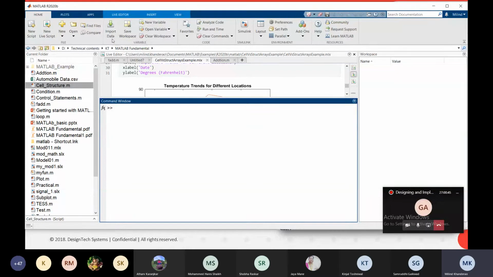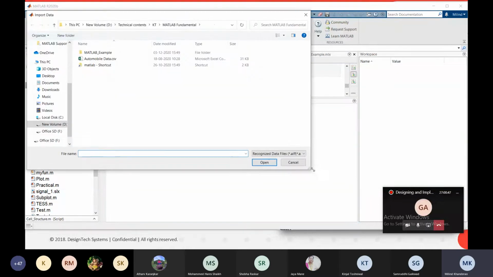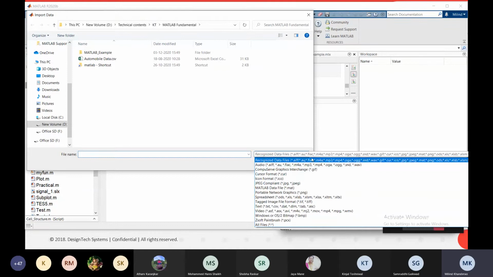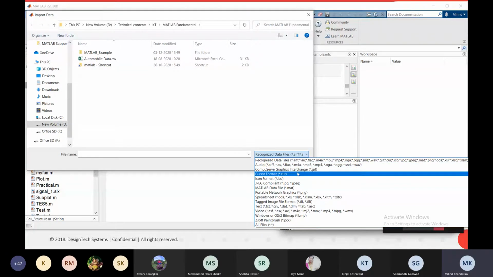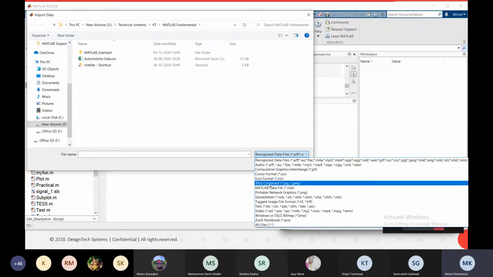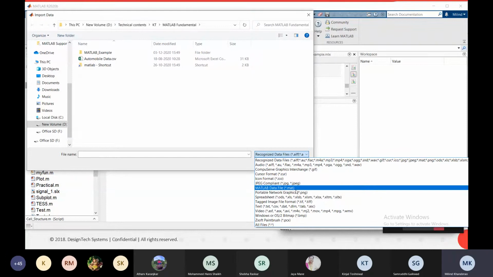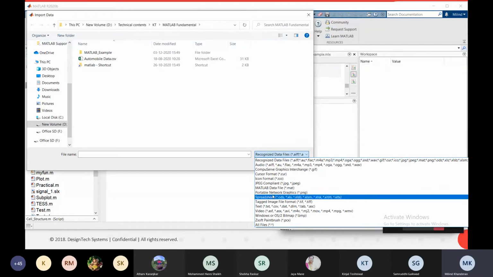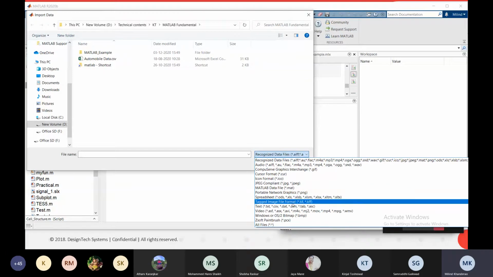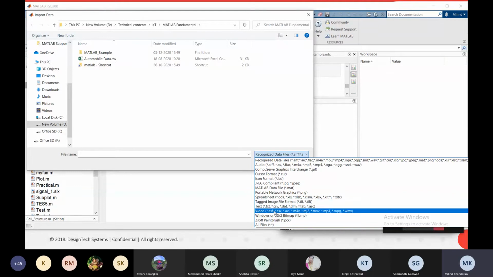So here you can import the data, and MATLAB supports most of the data formats. Let's say any audio file, image file, JPG, data file .mat, image file PNG, the Excel spreadsheet XLS, ODS, image file TIF, text file, video file.